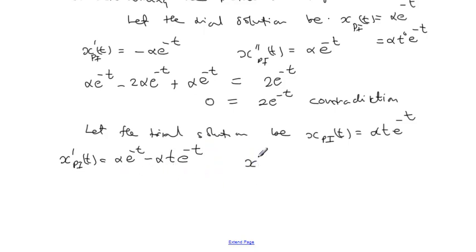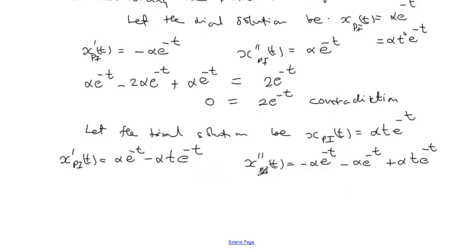Second derivative will be equal to minus alpha e to the power minus t minus alpha e to the power minus t plus alpha t e to the power minus t,